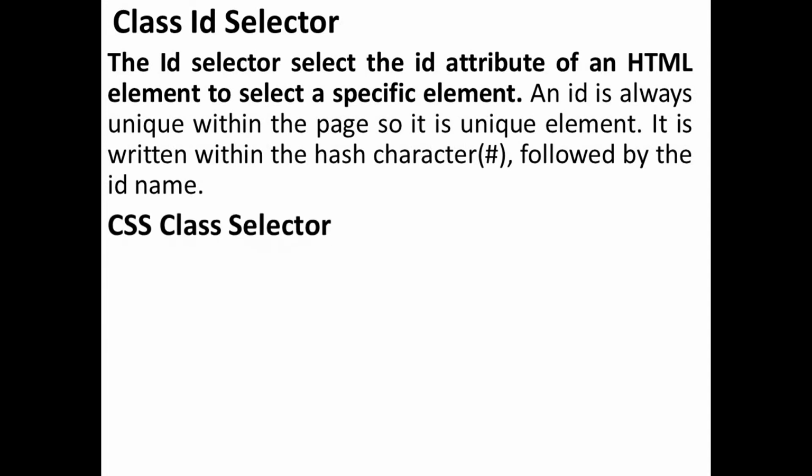Next is the class selector. So this was the ID selector, and the second is the CSS class selector. Let's see what it is. What is the use of the class selector?